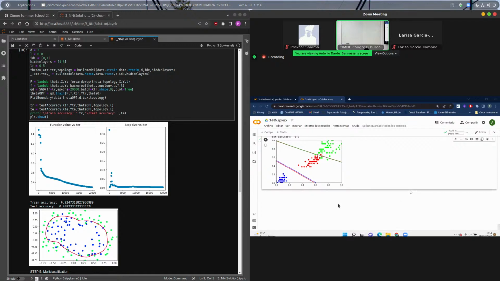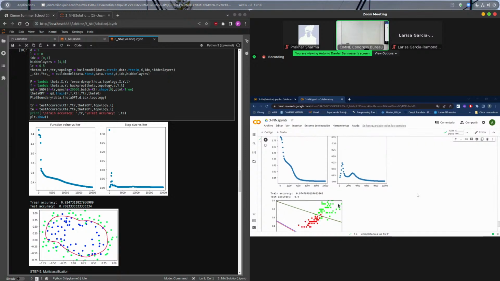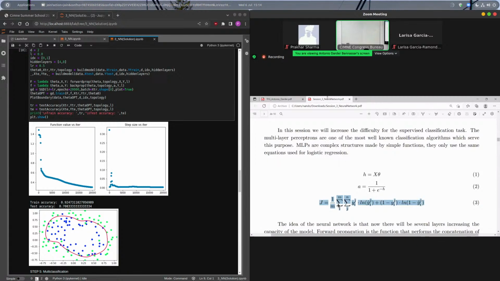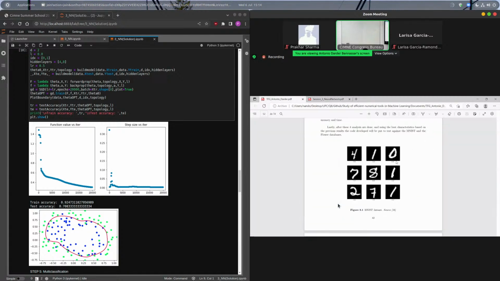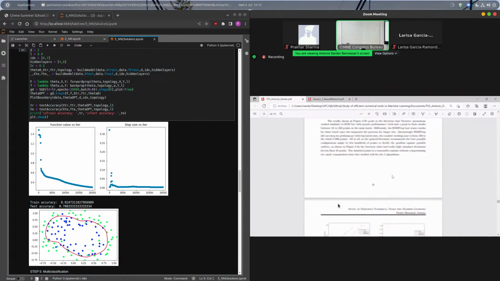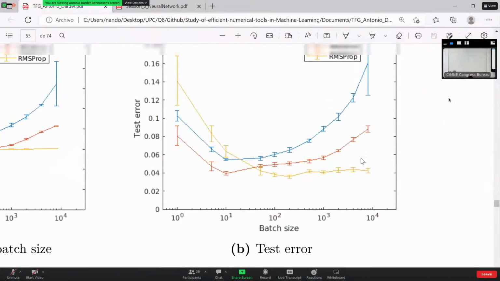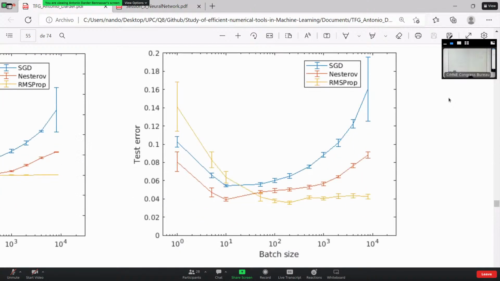So as I was saying, for the stochastic gradient descent, I can show a graph from my bachelor's thesis with a data set of images, so it's much bigger. It's 10,000 points, and each point has a number of pixels equal to 1,000, more or less. So it's much bigger data. And when we run it with stochastic gradient descent,